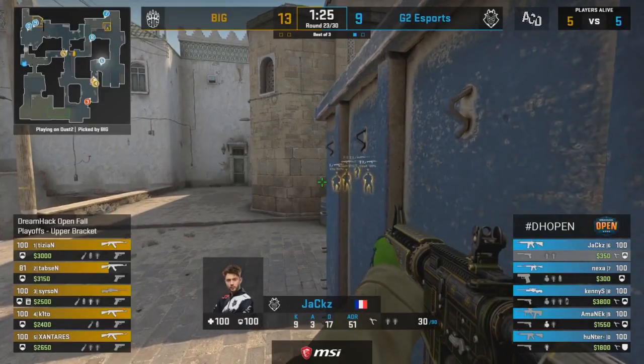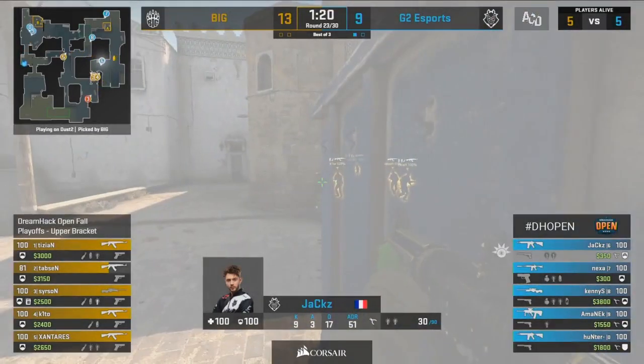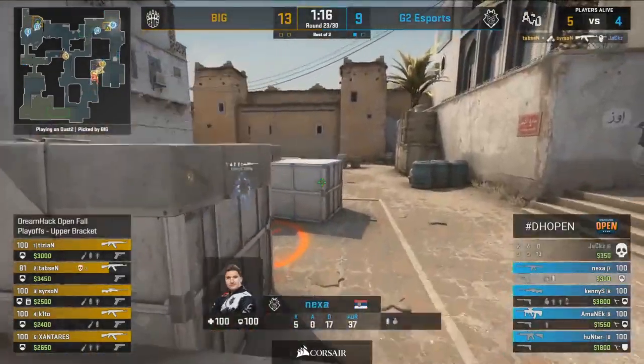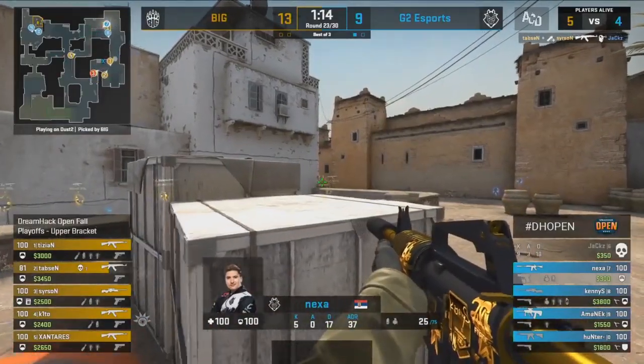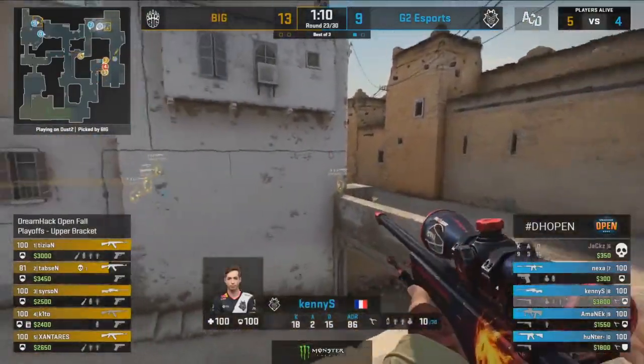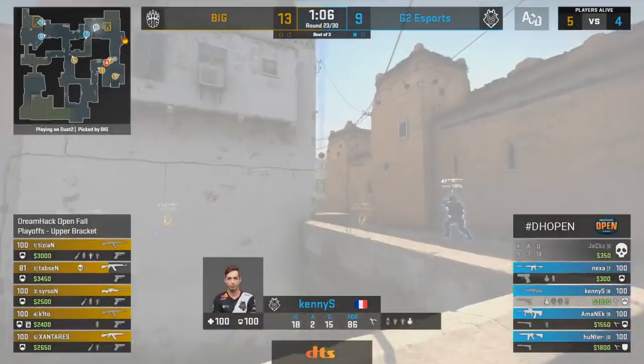Ooh, flashbang over, Jax. He hasn't been checked. But he walks into it and Tabson's able to react fast enough. Now the A site's really under pressure. But G2 are going to think, damn, do we over-rotate again? They're still reeling